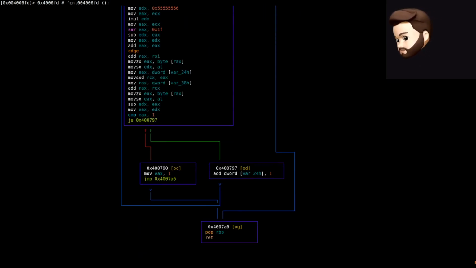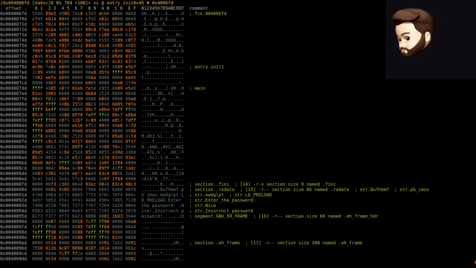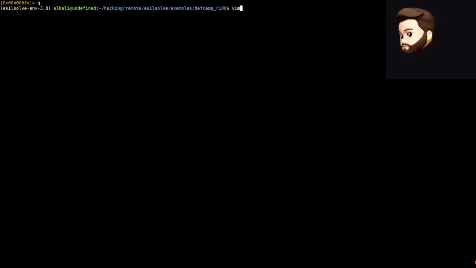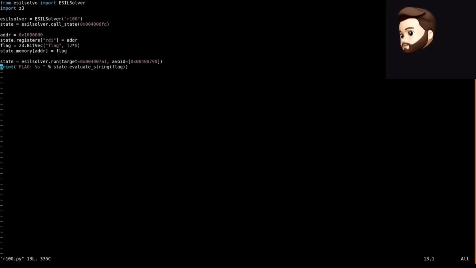So we can symbolically execute this code and see what we get using ESILsolve. Here is our solution. Very simple. We're just using a solver with the R100 binary. We're going to a call state that is the beginning of that validation function. We're going to define an address, and then we're going to set RDI to be equal to that address, and then we're going to write in this flag value into that address using state.memory. So that flag value is just going to be a Z3 bit vector called flag. We're going to make it 12 bytes long, and